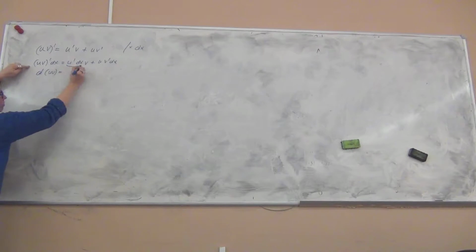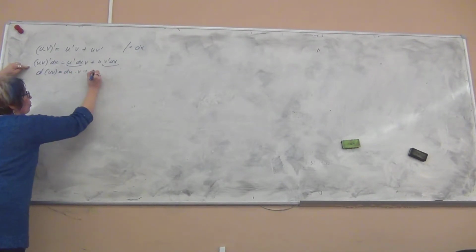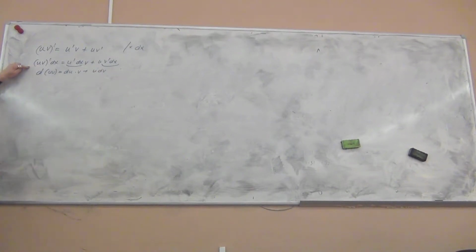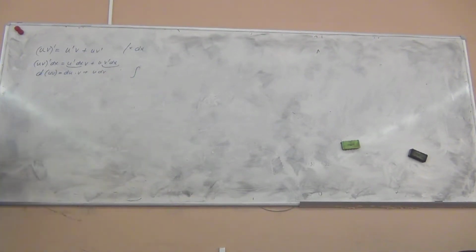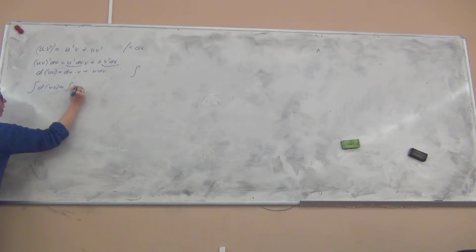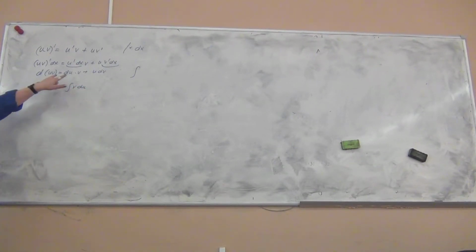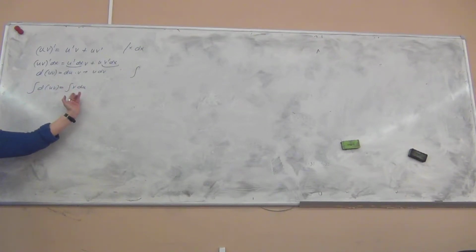This is du times v, and this is u times dv. Now the next step is to integrate both sides. The integral of d of uv equals the integral of v du. I simply wrote this product in the reversed order, it's still the same product,